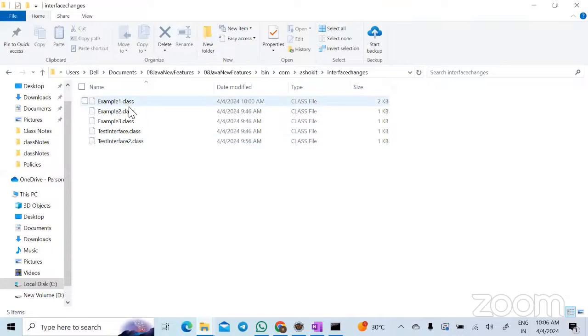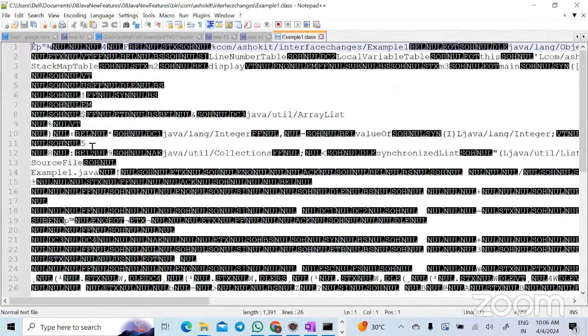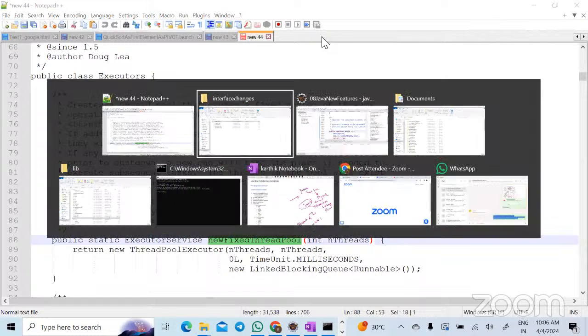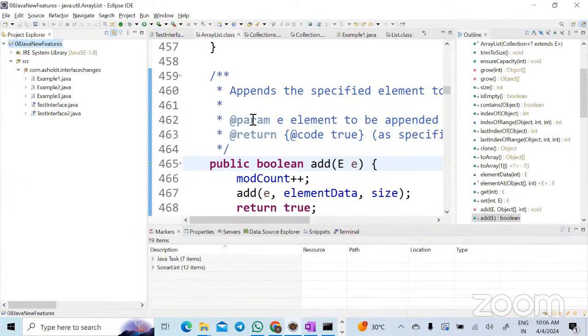Now, if I try to open the class file, do you understand what is there in this class? No. That means reading the class file is difficult, correct? Now the question is, whenever you are compiling in your project, you will